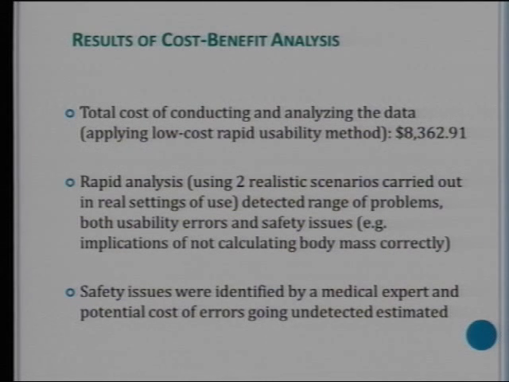calculate properly. So when he defended his thesis, remember the externalist from computer sciences said, but that's not a usability problem, and it would have been caught. And he said, no, that's not a usability problem, but it wouldn't have been caught because we were planning to release it. So as another layer, a usability test or clinical simulation isn't just for usability or clinical workflow. You'll catch other things that weren't caught before. And safety issues were identified by the medical expert, potential costs of going undetected.